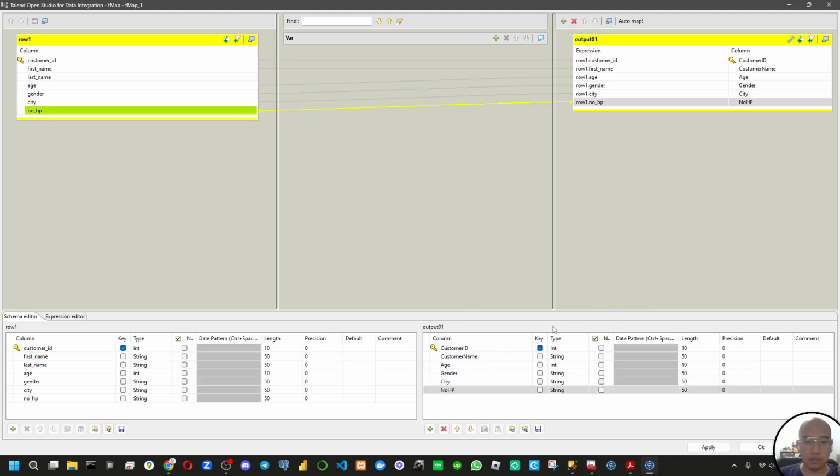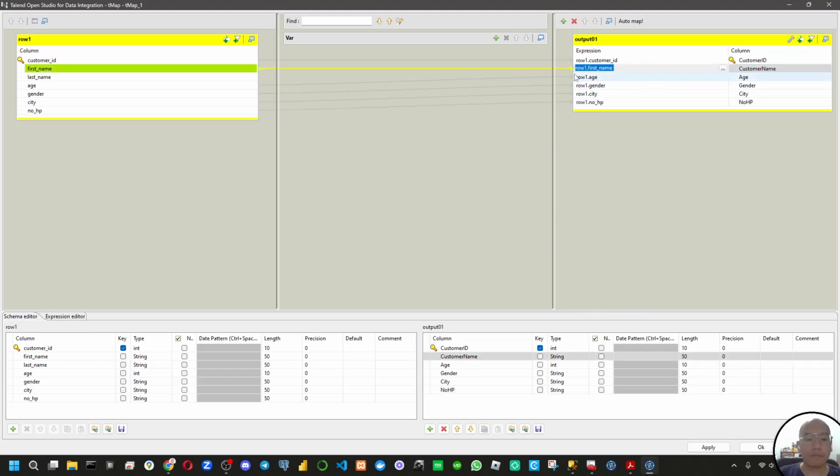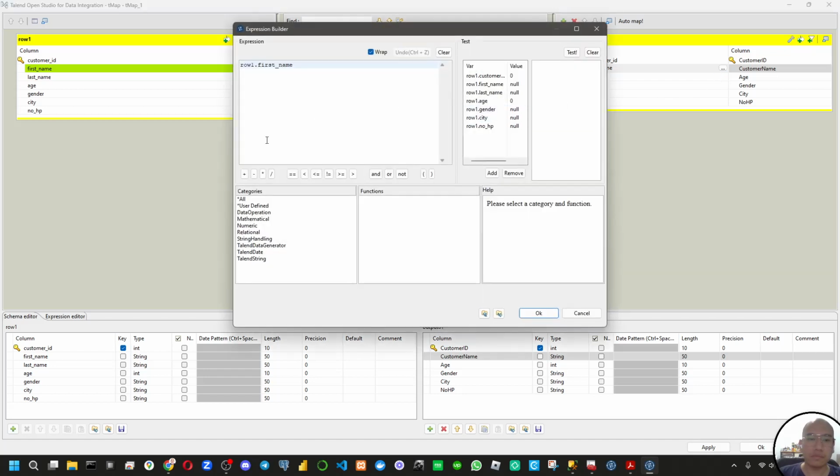Okay, now we already changed the column name here, so we're gonna do the transformation. We click the column we want to modify here.